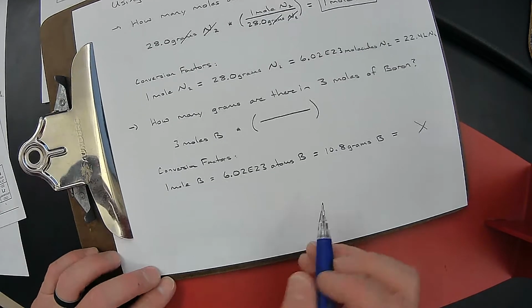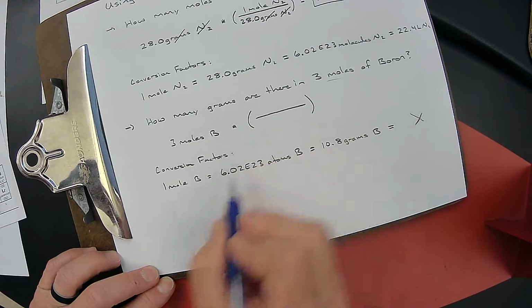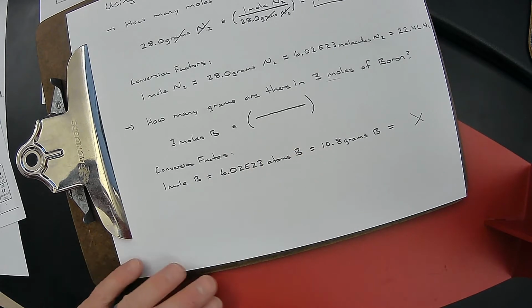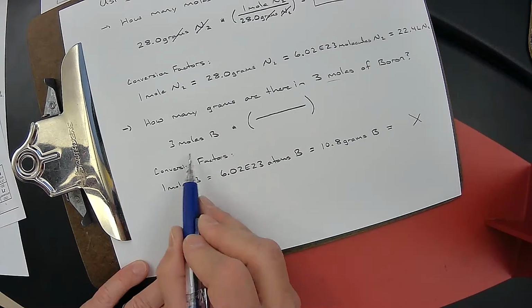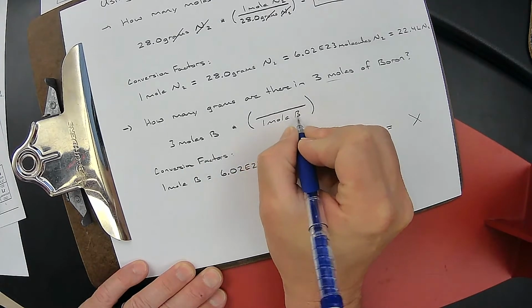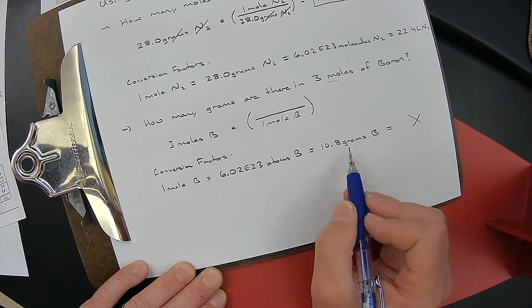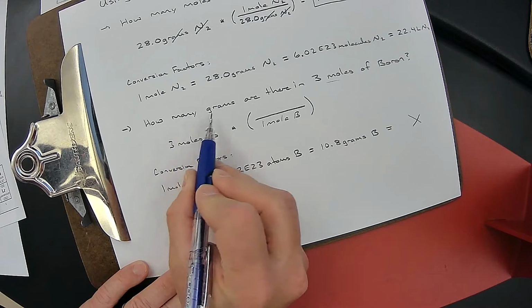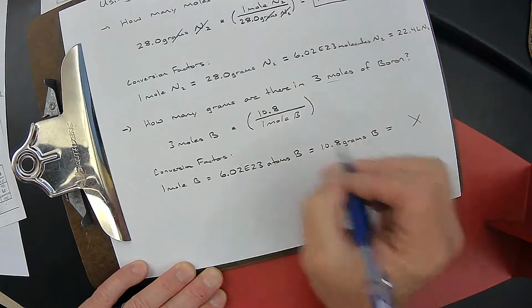So now, as I've mentioned, we write down what's given. We make an empty fraction, and I have 2 choices. This time I have 3 things to choose from for these 2 openings. How do I choose? The first is whatever units I have right here, I match up at the bottom. So because I have moles of boron, I'm going to put 1 mole of boron down on the bottom. Now for the top, I have 2 choices. I can choose this to go to the top, or I can choose this to go to the top. How do I know? Because the question says how many grams. So I'm going to pick the one that says grams. So 10.8 grams